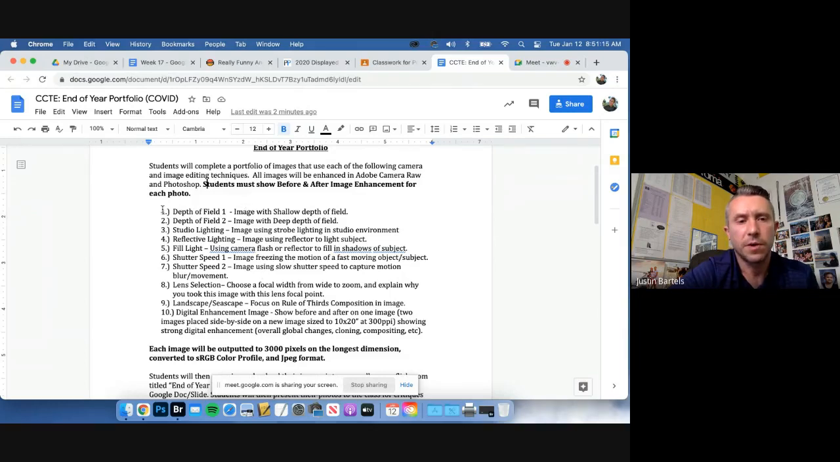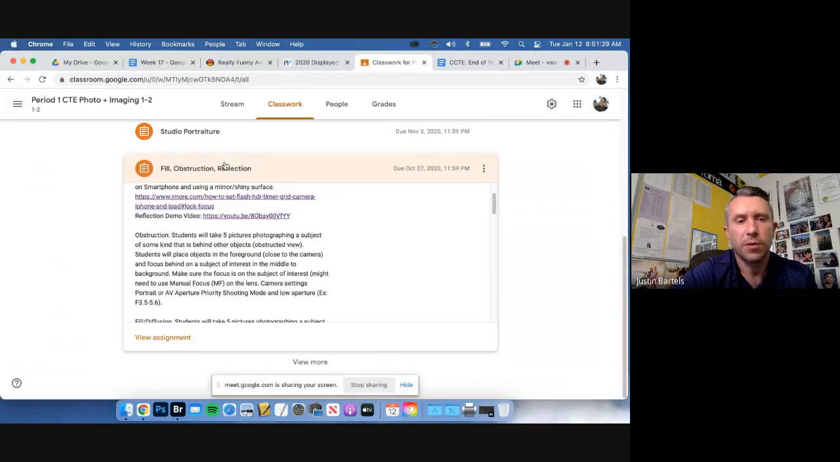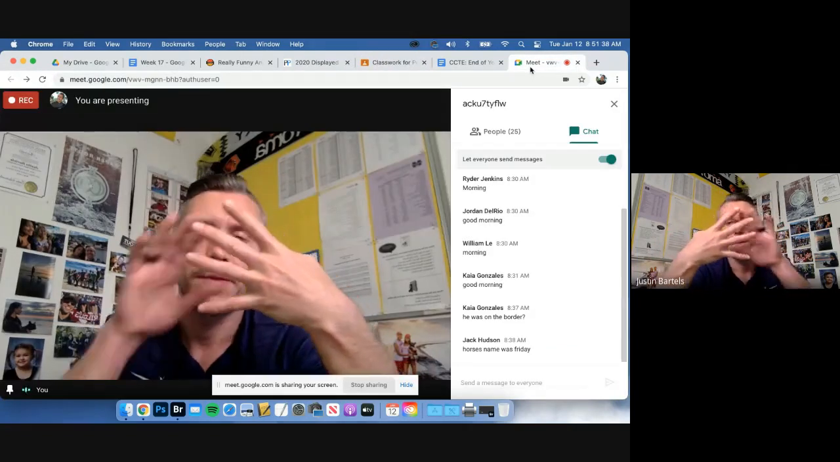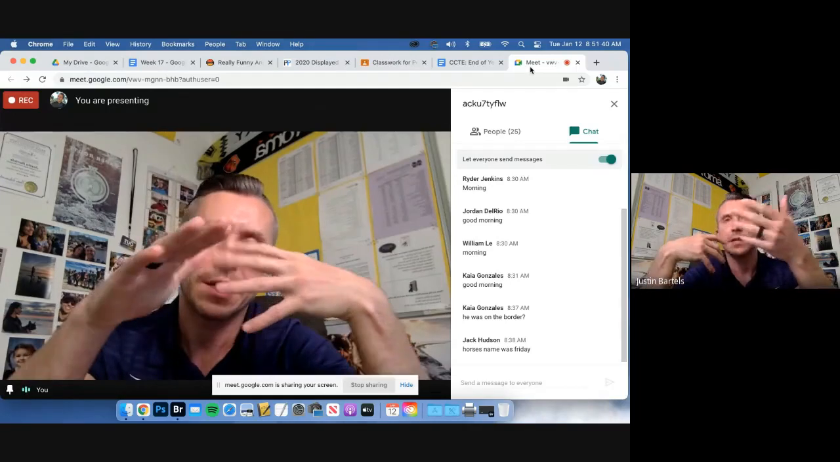For each of these 10 photos, the first one will be our depth of field 1, which is an image with shallow depth of field. And again, shallow depth of field is where you have your subject in focus and either the foreground or background is out of focus. So going back to our fill obstruction reflection, your obstruction photos, that's where we had an obstructed view. And so that's where you had your foreground out of focus, focusing past it to your subject, which